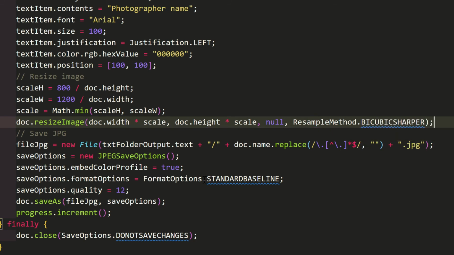The arguments are width in pixels, height in pixels, pixels per inch, and the resampling method. The third argument is null because we're not changing the pixels per inch. We're only changing the pixel dimensions.